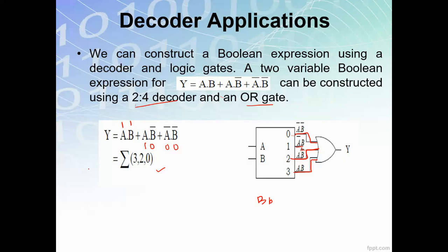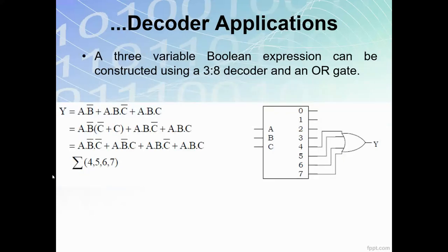Okay, nanti kita akan buat dia punya example of decoder. So this is another decoder expression. Okay, menggunakan 3-8 decoder with the OR gate. So, for example here, they give you expression y equals to a dot b bar plus a b dot c bar plus abc. Okay, so kat sini kita nampak ada 3 input variable, tapi how about this? Yang ini ada 2 input variable saja. So, maka sepatutnya dia akan kena kembangkan